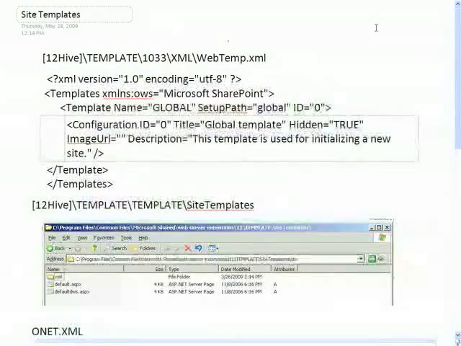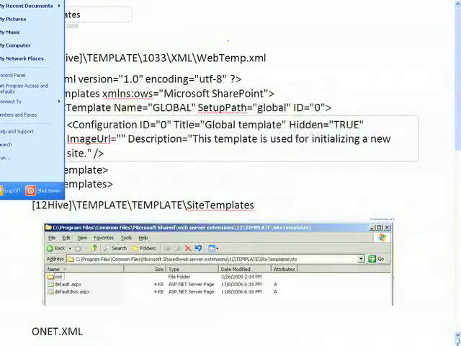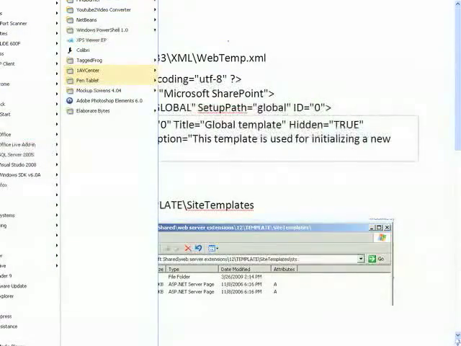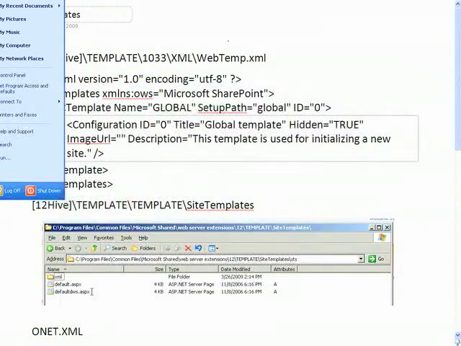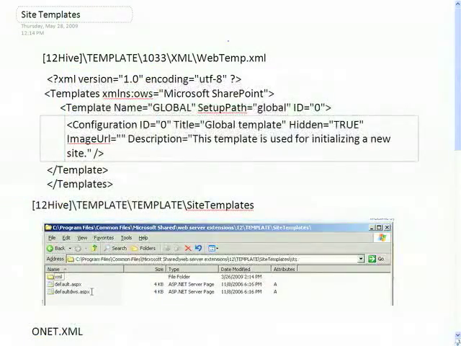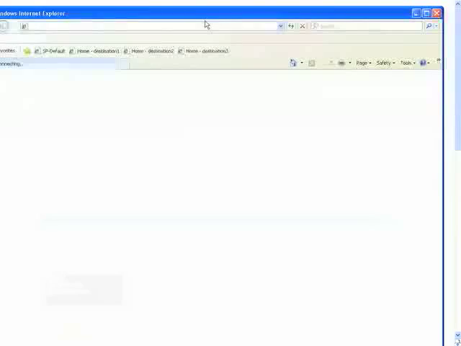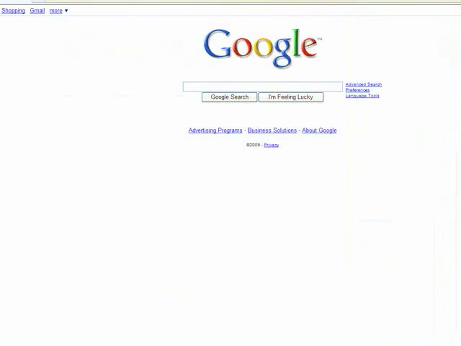One of the things in 12hive is the ability to create a site template. Now, the site template is what appears when you are in SharePoint and you're going to create a new web. So to do that, if we pull up Internet Explorer and go to our development site,